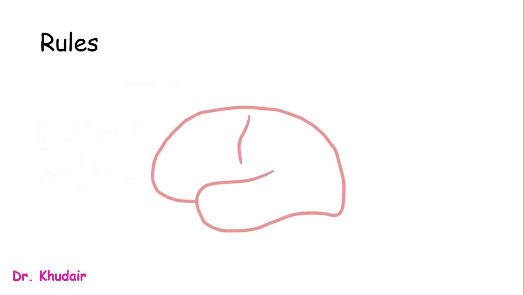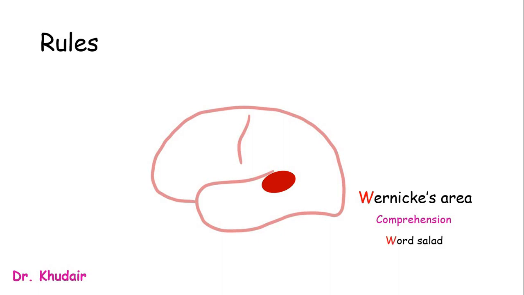There are three important structures in the brain that control language. First, we have Wernicke's area, which is located in the temporal lobe. And the way to remember its function is to remember that the temporal lobes are close to the ears. So this area will receive language, and it's involved in the understanding and comprehension. And damage to Wernicke's area will result in word salad speech. So the patient wouldn't be able to understand what's said to them, and they would speak anything. And moreover, they wouldn't be aware of what they are saying, and this will result in word salad speech.